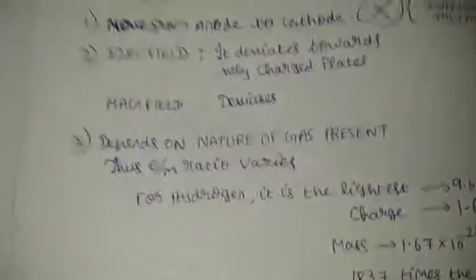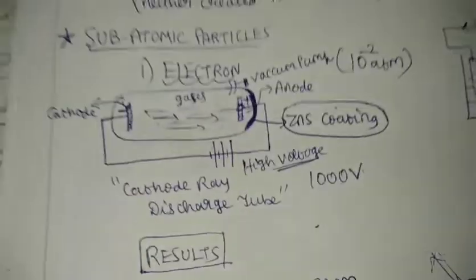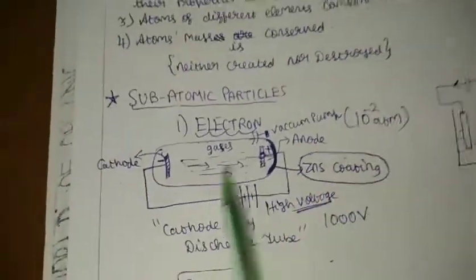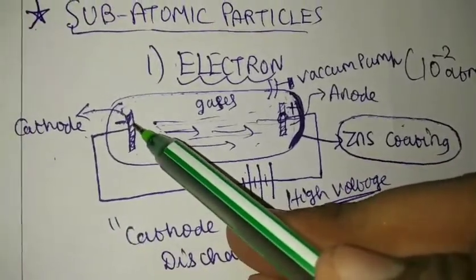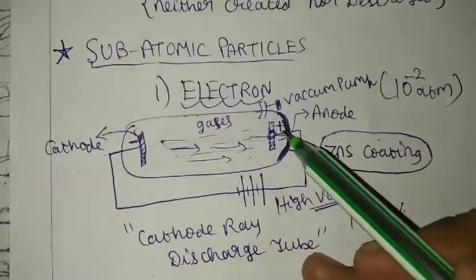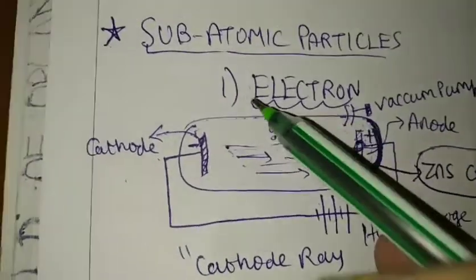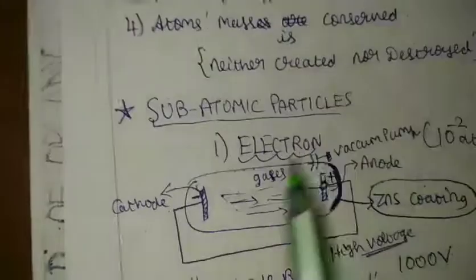And so we'll go next into the next discovery of the atomic particle, which is the proton. So actually, we saw in the previous video about the electron. Here the same setup was there for proton also. The only change he made was, in electron he put a hole in the anode part, right? Here he put a hole in the cathode part.